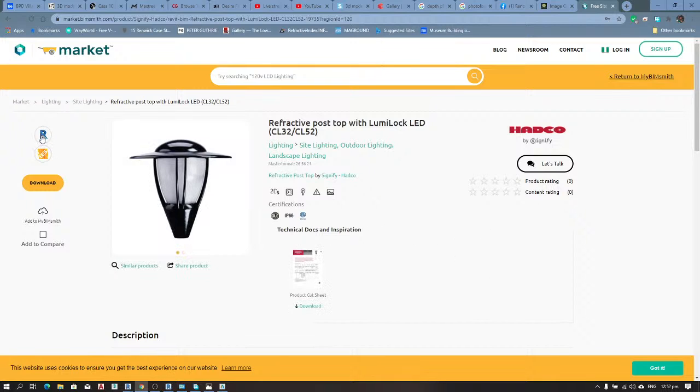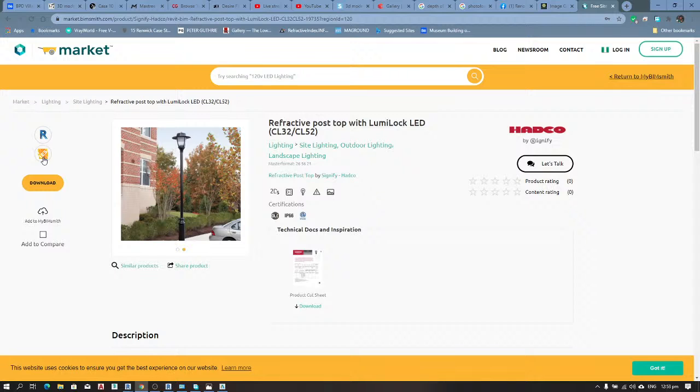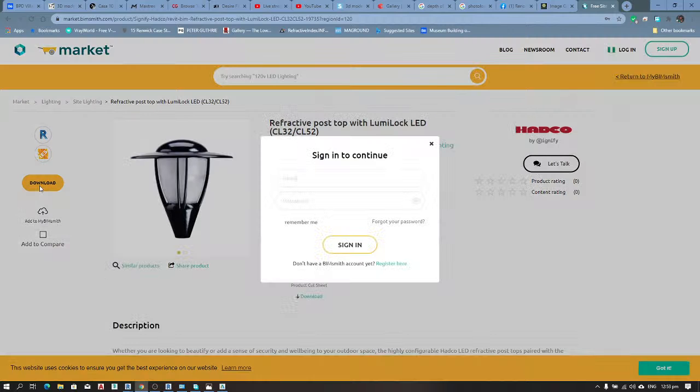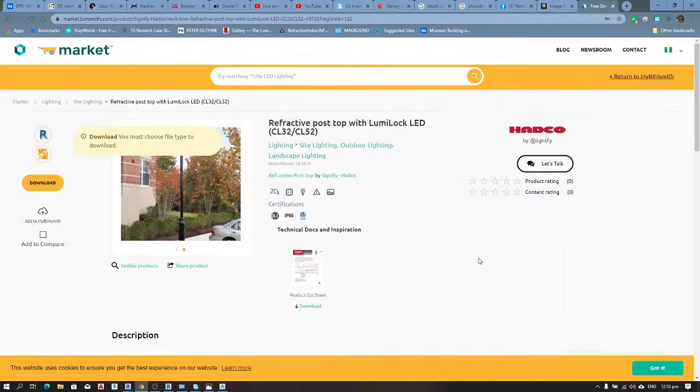So it only has Revit components and the IES that comes with it. So I'm just going to click download. It's saying I should sign in. You are going to sign in. Of course, you are not paying anything. You just sign in. So now if I click download,